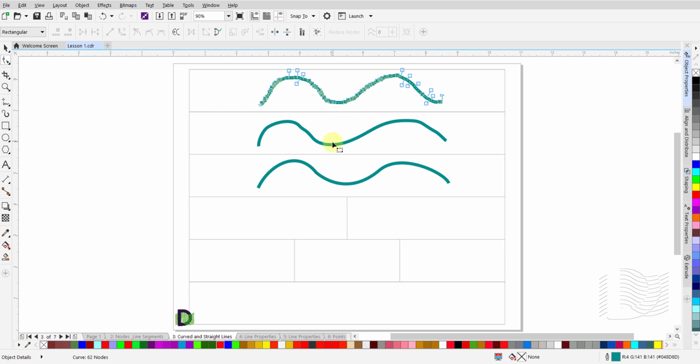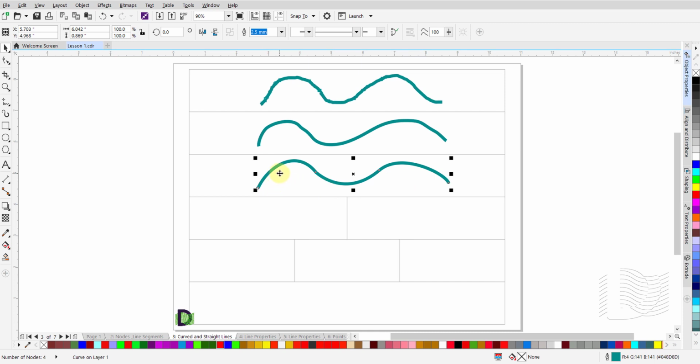With the Shape tool selected, click on the second line with smoothness value at 50. There are considerably fewer nodes on this line. Repeat this on the curved line that you drew with 100 smoothness value, and there are even fewer nodes here. This is because CorelDRAW does all the necessary mathematical computations in the background and renders the curved line with the appropriate smoothness. It reduces the number of nodes and thus fewer segments, and the result is a perfectly smooth curved line.